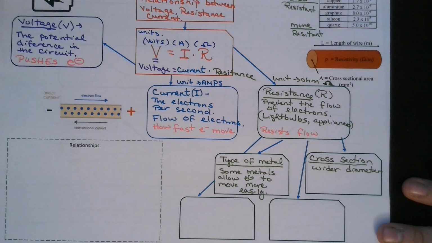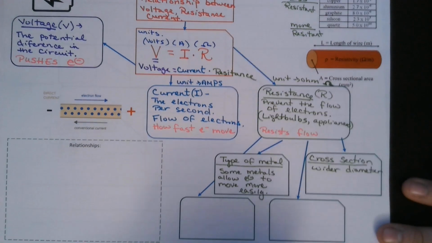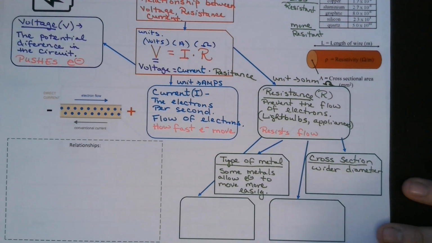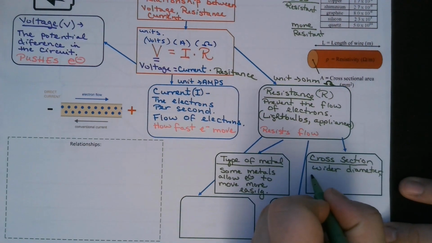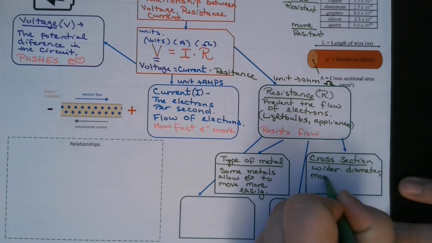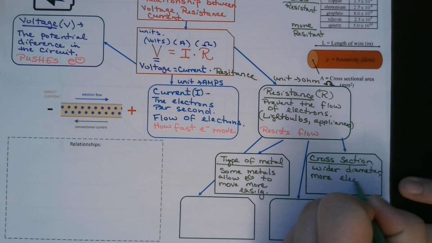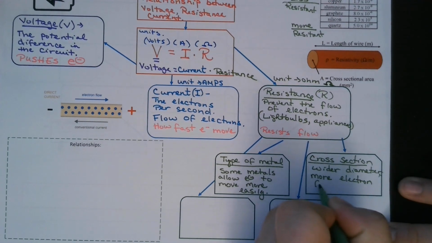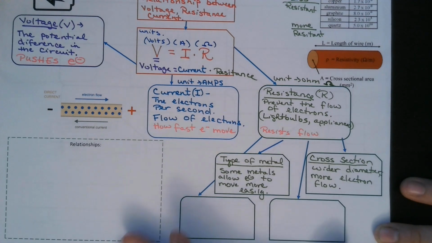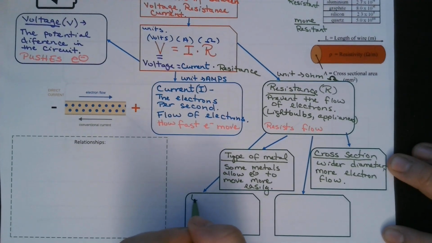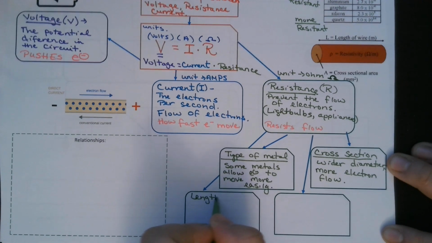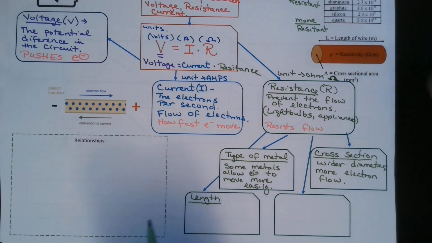So think about it like a pipe. If you have a wider water pipe, then you're going to have more water flowing through it. So this is actually going to allow for more electron flow. And the length of the wire is also going to affect the resistivity. Longer wires have